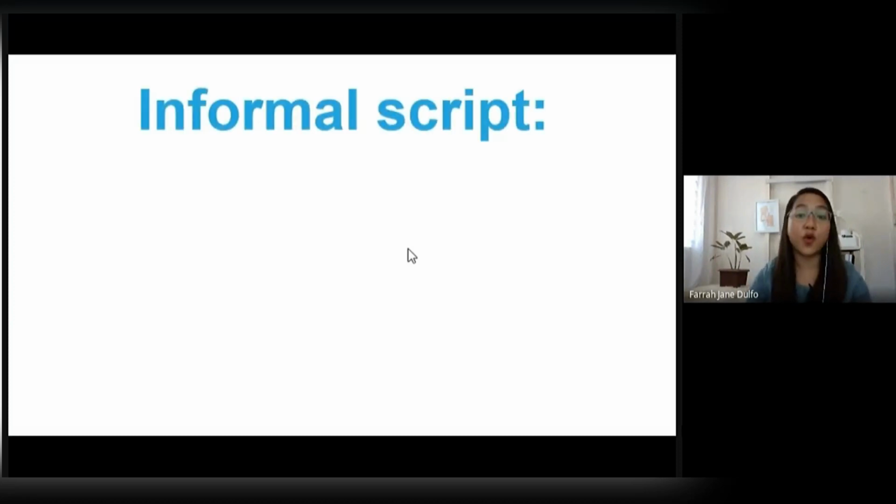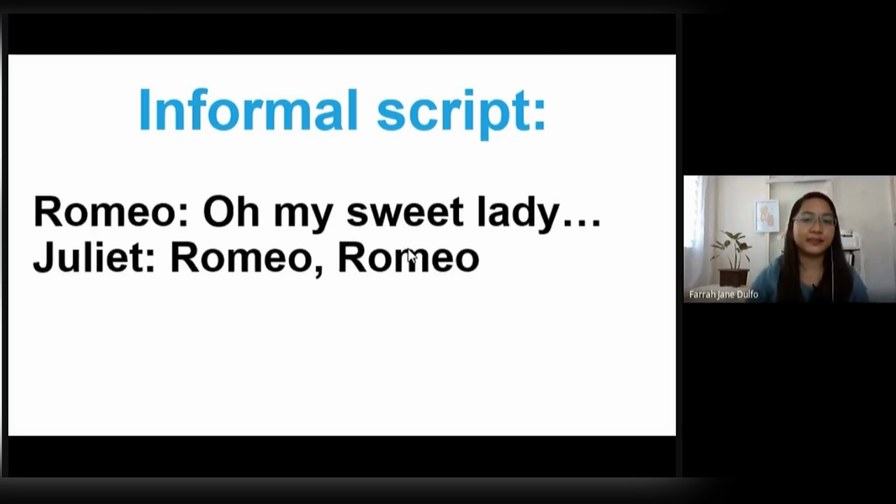So usually an informal script looks like this, right? When we need to create a dialogue, we use an informal script. The informal script is left aligned. Okay, and then there's a character, then a colon, and then the lines. Then another character will say, then colon, then line. So that's an informal script.